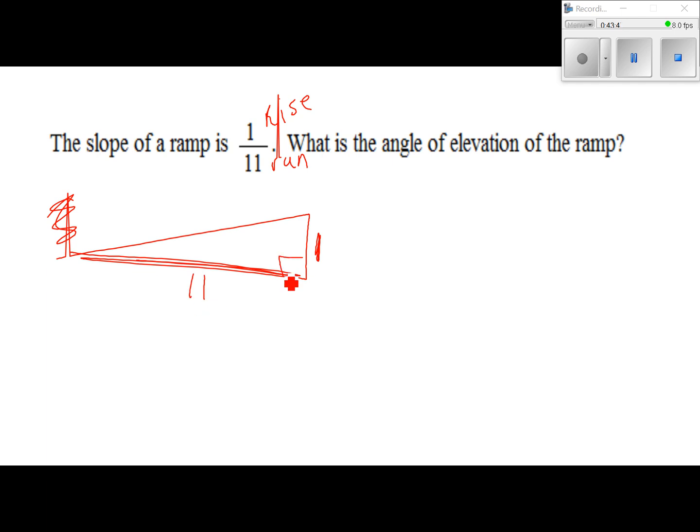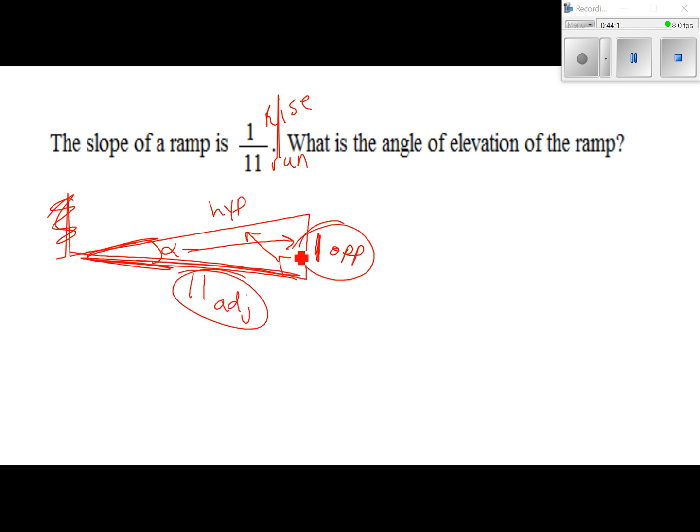What is the angle of elevation of the ramp? Well, the angle of elevation is going to be this angle down here. So we're looking for that. Let's call it alpha this time. So to find alpha, we just label our triangle. That's your opposite. That's your hypotenuse. This is your adjacent. We care about these two this time, or those are the two that we know this time. Opposite and adjacent,